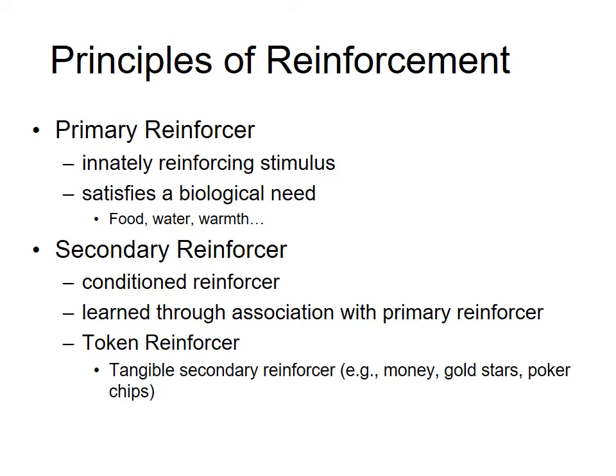Gold stars don't mean anything, but it might mean that they get to trade that in for a candy or something else that they want. And so it's a secondary reinforcer, but really secondary reinforcers only have strength if they lead to a primary reinforcer. So another way of talking about a secondary reinforcer is something called a token reinforcer or a token economy. If you're working to get gold stars, or maybe you earn chips or even money, it's a secondary reinforcer, but you learn that you can cash it in for often a primary reinforcer.